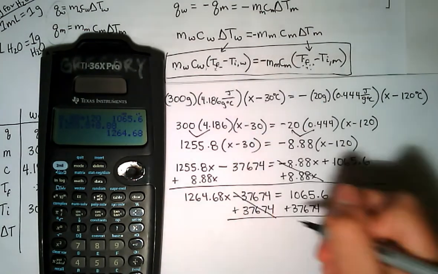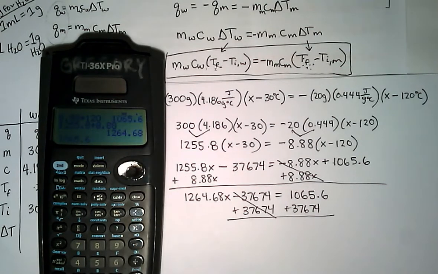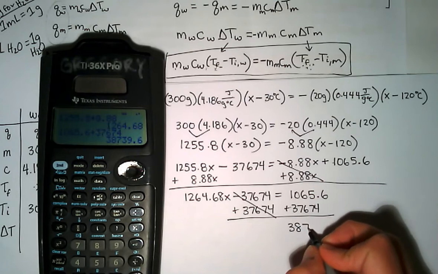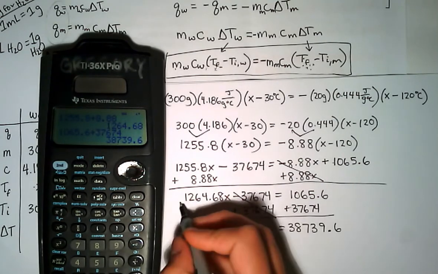So these cancel, and I'm going to have 1065.6 plus 37674, which gives me 38739.6 on this side, and that equals